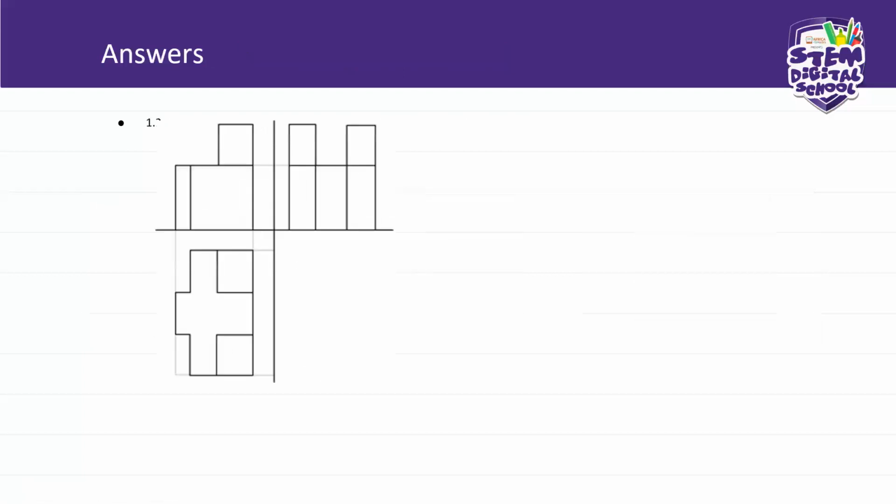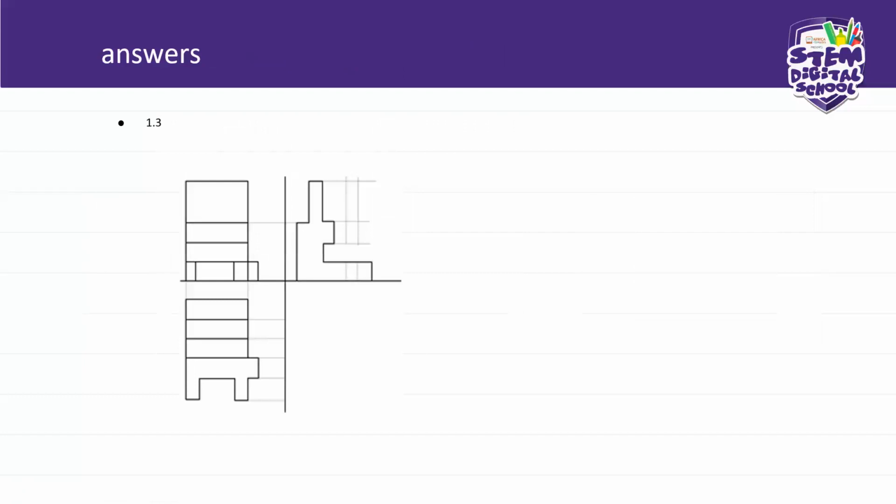Okay, let's see 1.3. There are the T's that we see. So this is the, let's use the cursor. This is the top view, front view, left side view or side view. Okay. I need you to practice this. I need you to practice this a lot because they are a little bit more complex than the ones